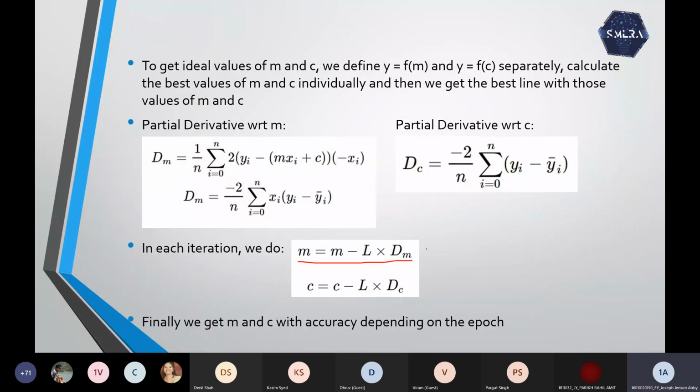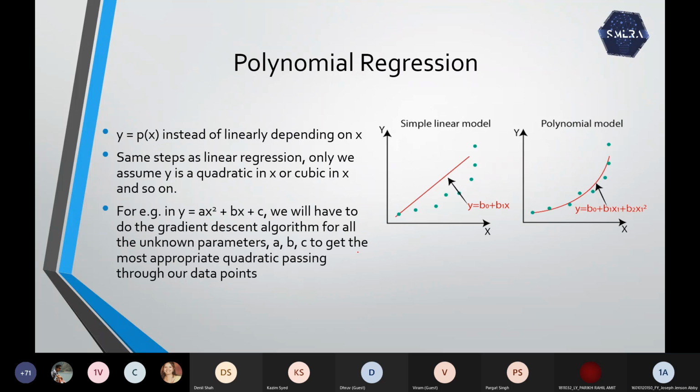Similarly, the derivative with respect to c is also similar. You can calculate the derivative with respect to c. And the xi value, you know. The yi bar value, you know, because you have a particular line, y equal to mx plus c. You have a particular value of m and c. So you can find yi bar also. So you will get the derivative. You can gradually get the best values of m and c. Now, how many times you run the iteration will define how accurate your m and c values are. All right. So this was gradient descent. Any doubts so far?